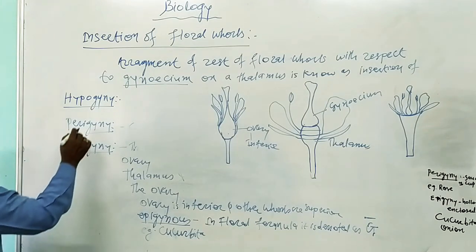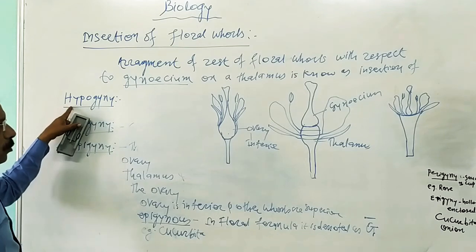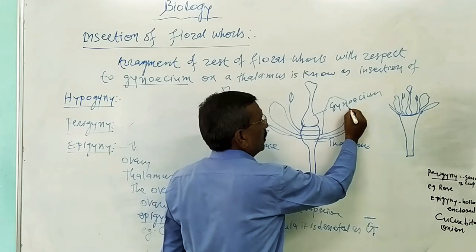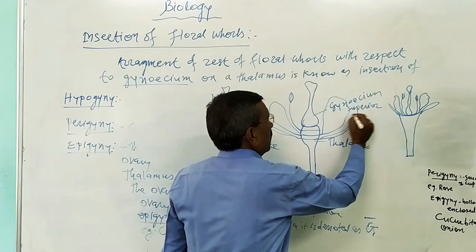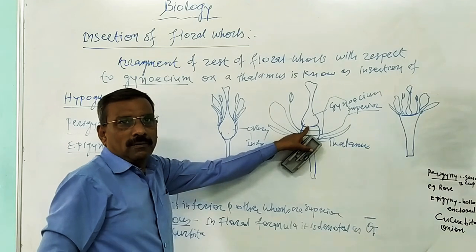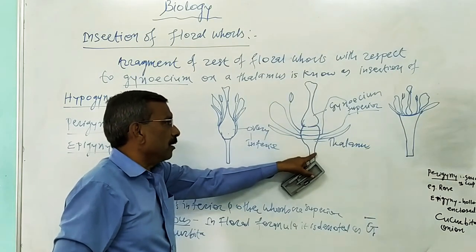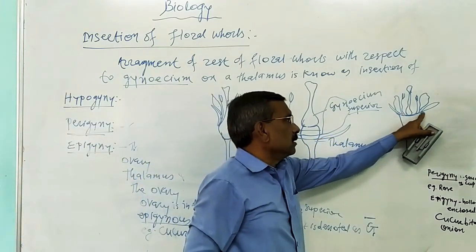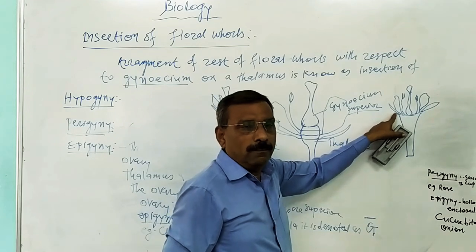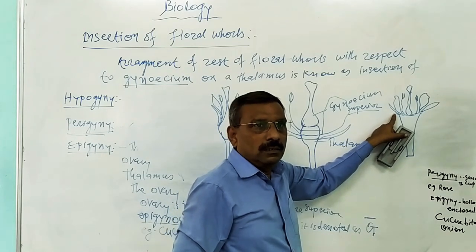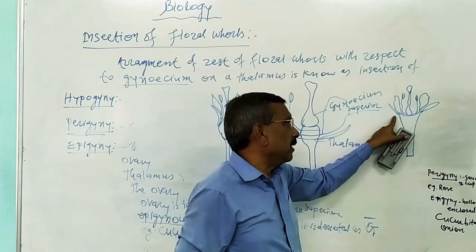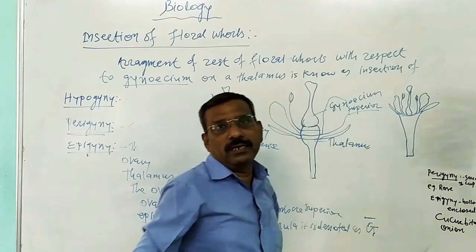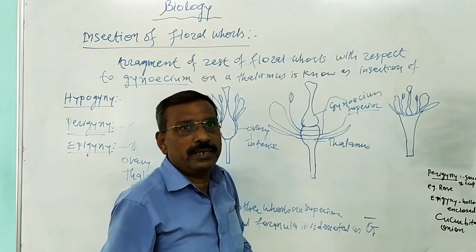Now see one by one again. The example is cucurbita. In hypogyne, the ovary lies at the top. This ovary of the gynosium is superior. If it is superior, then we call it hypogyne. The flower is hypogynous, ovary superior. Okay. Now perigyne, where all floral whorls lie on one and the same plane of the thalamus, as the thalamus is saucer shaped and expanded, and here the ovary is neither superior nor inferior. It is known as half superior and half inferior, or semi superior and semi inferior.